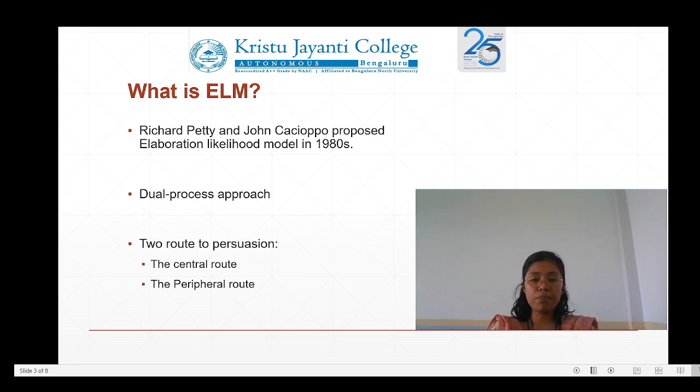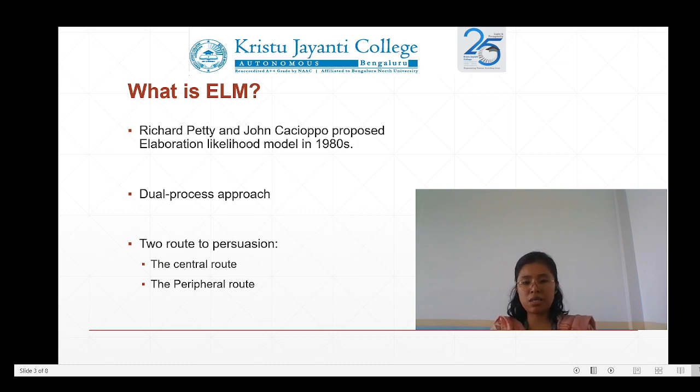So the core principle of this model is that in certain context, when we process persuasive messages, we tend to process the information. Sometimes we tend to process information deeply and attentively, where there's a lot of deliberation and careful thinking. And in certain occasion, we tend to process persuasive message rather effortlessly, and unconsciously. So we're not aware of when we are processing persuasive message. So basically, this model banks upon or capitalizes on this concept in psychology.